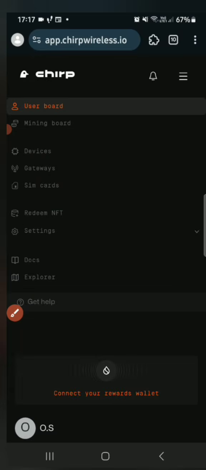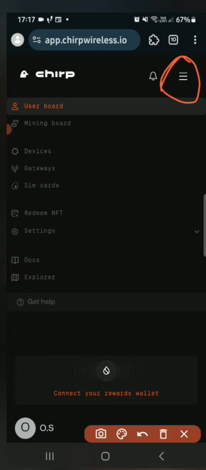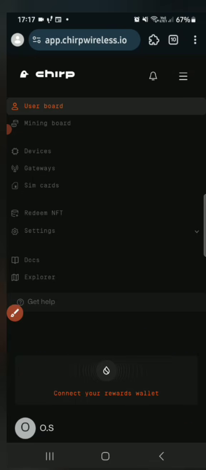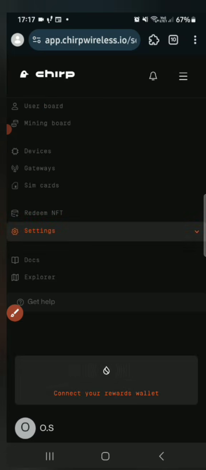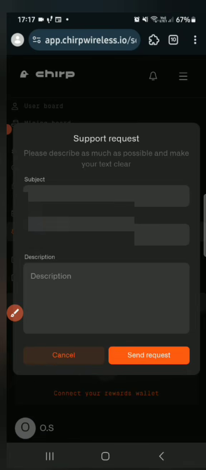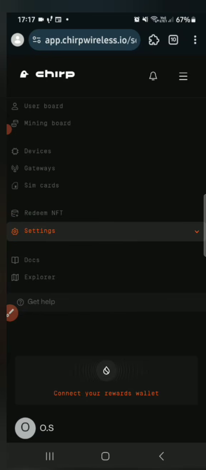So what you have to do now is go to this place. Once you go there and you scroll down, you see something like connect your rewards wallet. That's basically what you have to do. You click on connect rewards wallet, and then they will take you to a place. They say you should enter your email. Okay, I don't think this is the right place. So you go back,